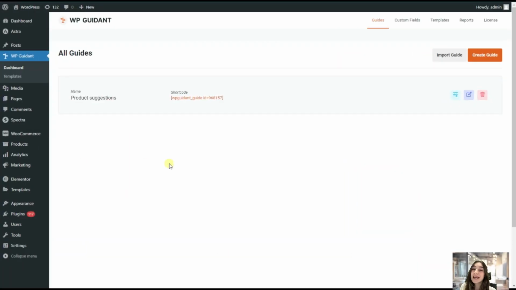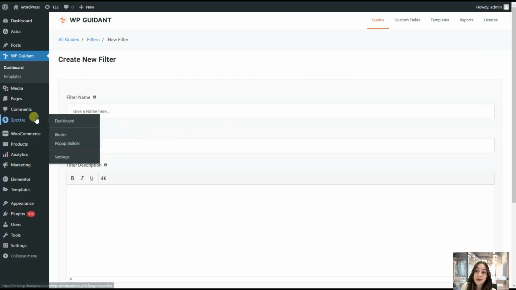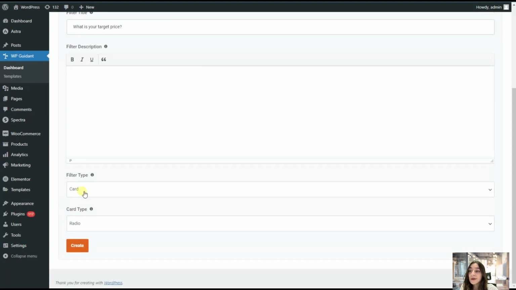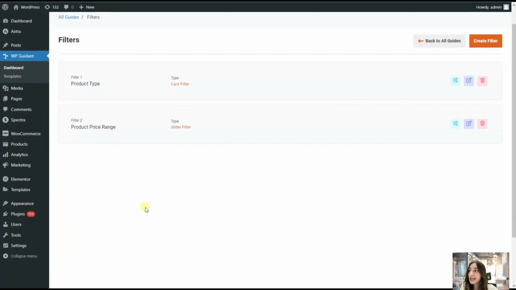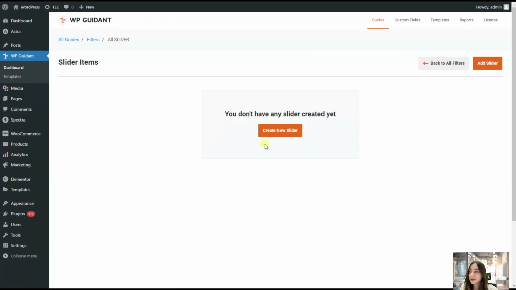So now let's create another filter for our price ranges. So for that, we are again clicking here on manage filters, and we are adding a new filter from here. So again, we will need to name it. So we will say product price range. And here as a title, we will write what is your target price. Again, you can write a description, and from here we are choosing the type as a slider, and we're clicking here on create. So we've got our product price range here, and we are managing our sliders, creating a new